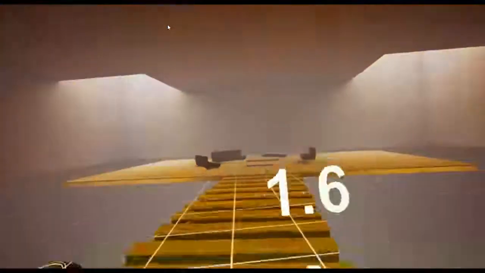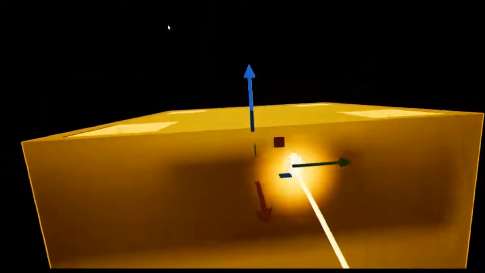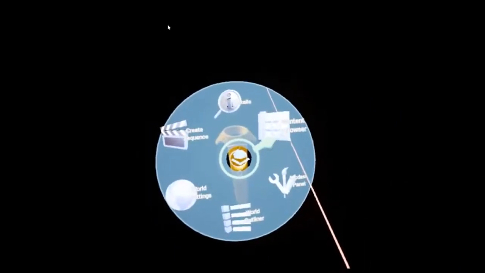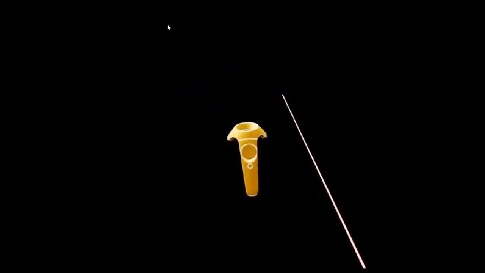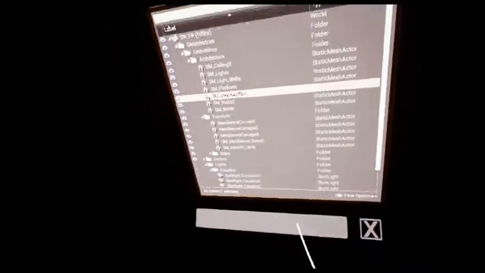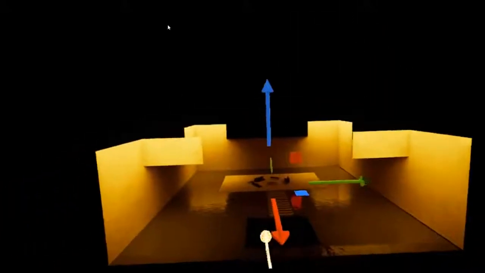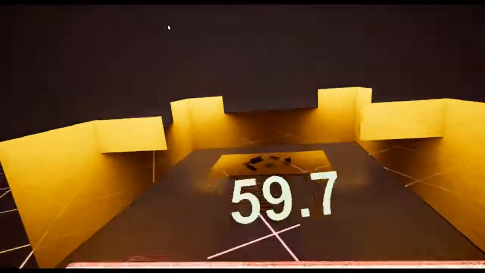So let's say I want to zoom out of this and start with this box here, and I want to use the interface that I've got on the controllers. I'm just going to go to the world outliner here, and I've got this box that's already selected, and I'm just going to hide it and close that interface. And here I've got rid of my outer box, and I can start looking at this space a little bit like it is